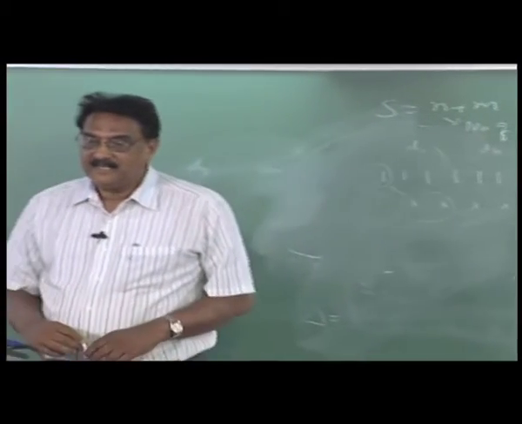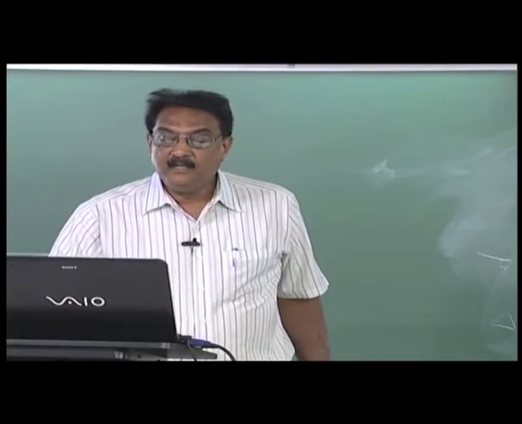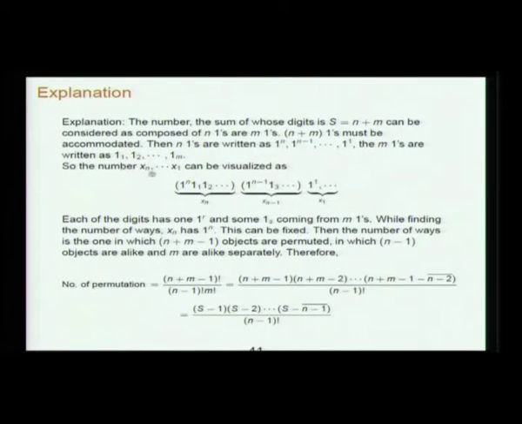So, how many ways that is being done, you see. That is what I have written here, the number x1 to xn, d1 to dn, or whatever, can be written like this. The upper index is coming from these n ones and the lower index is coming from the m ones. So, 1 n, 1 1, 1 2, etc. Each of the digits is composed of this 1 with an upper index and several with lower index, so that the total of these is m, okay.